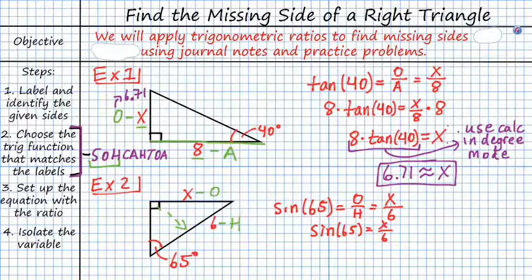And so then I can multiply both sides again by 6, and you get 6 sine of 65 is equal to x. At this point, I'm ready for the calculator again. So I say 6 multiplied by the sine of 65 degrees, and I get that x is approximately